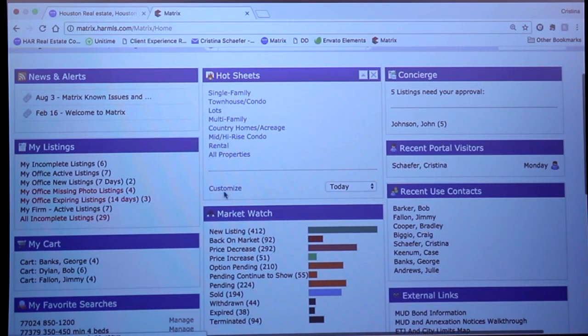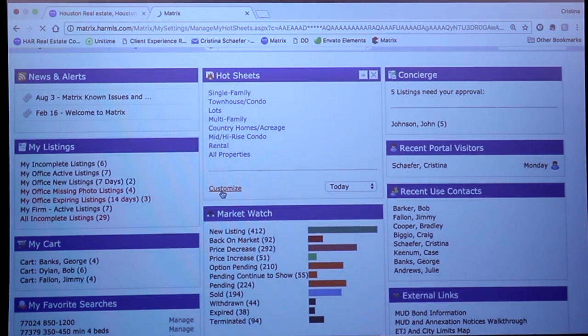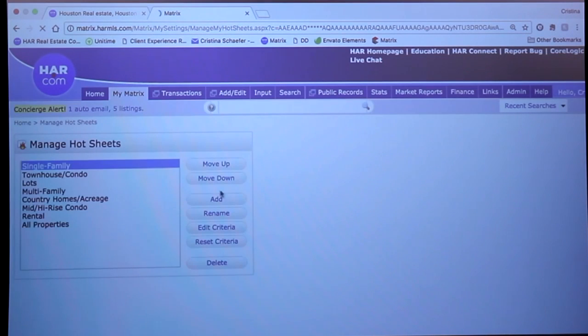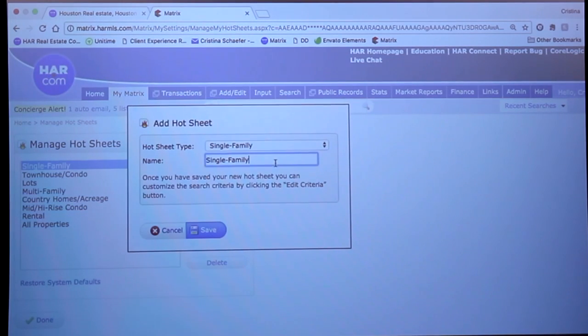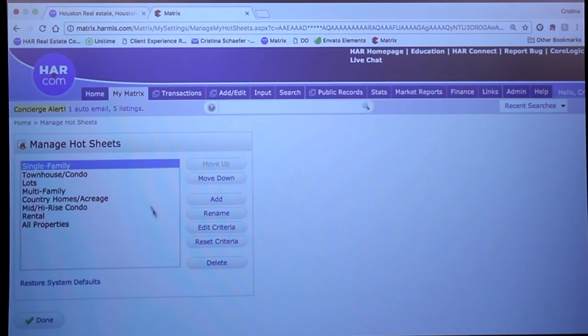If you see in that widget, it does say customize. I can go and I can update the search criteria on one of the defaulted hot sheets you have here. So if you see, I could select one and hit edit criteria, or I could click add and create an entirely new hot sheet and name it whatever I'd like, right? So again, this is on page 5 in the manual. I would encourage you all to take some time to set these up if you think these are going to be a beneficial tool to you. Just go through and either edit what you have here or create some new hot sheets